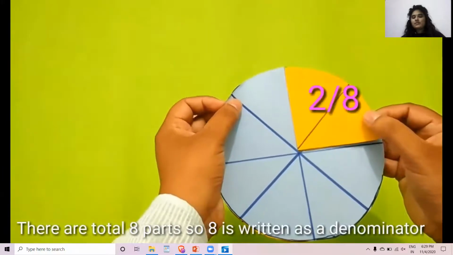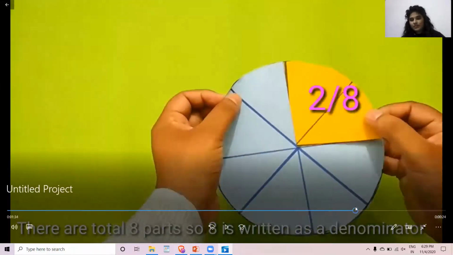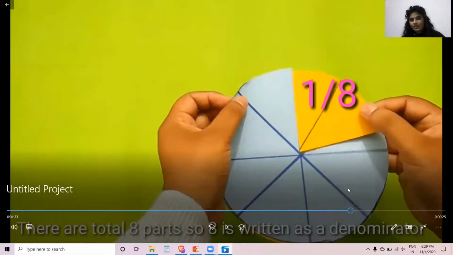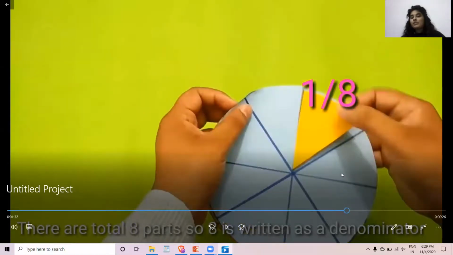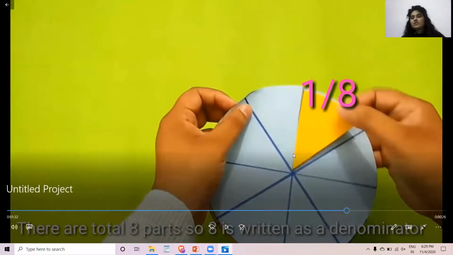Now let's consider another example. You can see I'm dragging 3 now. So first you have to see here how many parts I have here. So here you can see how many parts. You can count it by your own. 1, 2, 3, 4, 5, 6, 7, 8. So total parts is equal to 8. Now here, so 8 should be written where? 8 should be written in the denominator only, because total number of parts is 8. So 8 should be written in the denominator like this.